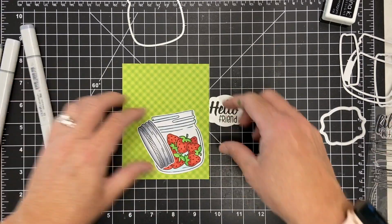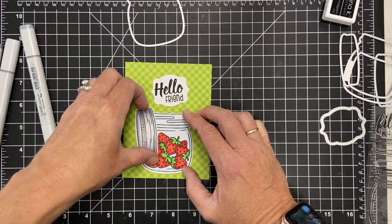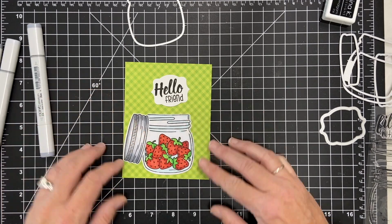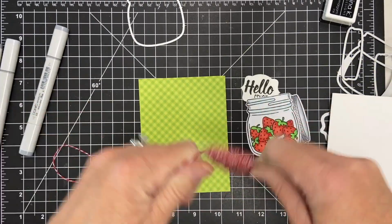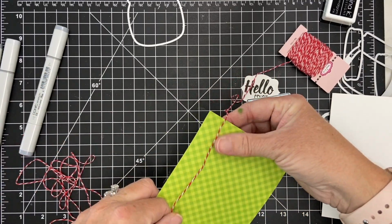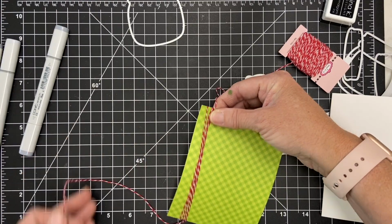I taped it down with a little bit of that blue tape from scrapbook.com. That paper tape, I really, really like it a lot. And now I am ready to assemble this card. I've cut that pattern paper down a little bit. I'm trying to figure out where I want to put that lid. I love the lid. I've got a white card base, A2 sized, and before I do that, I want to